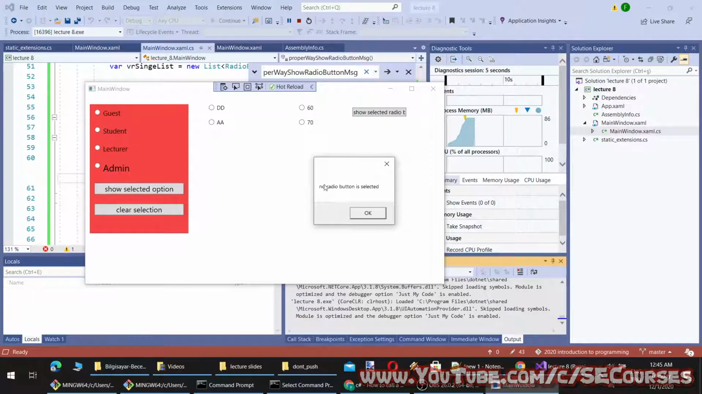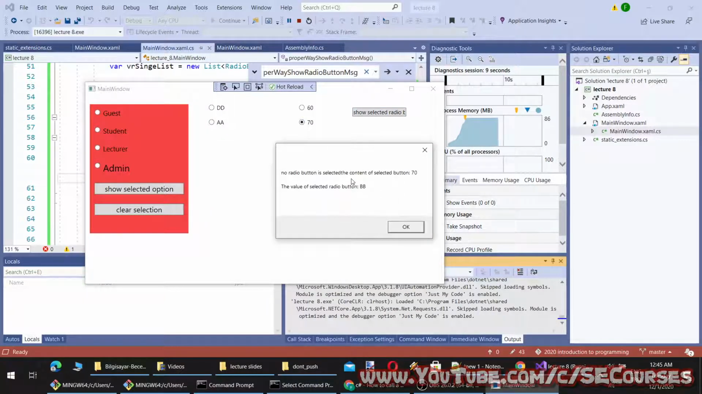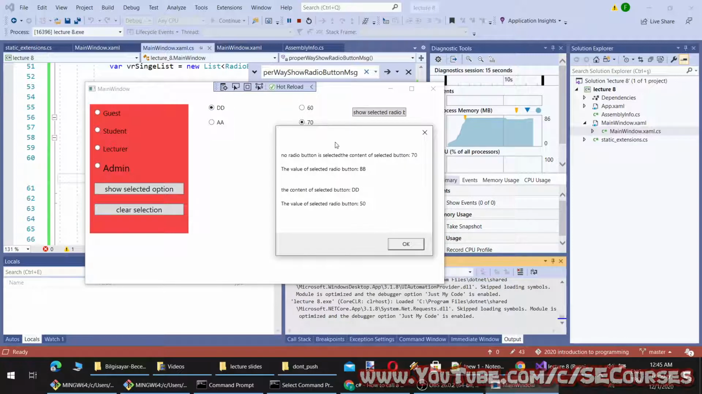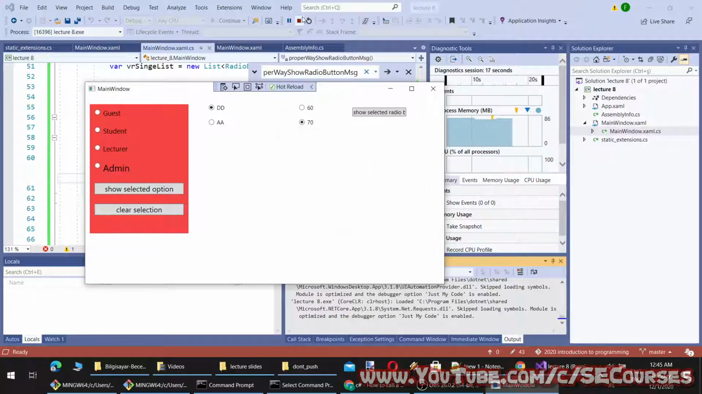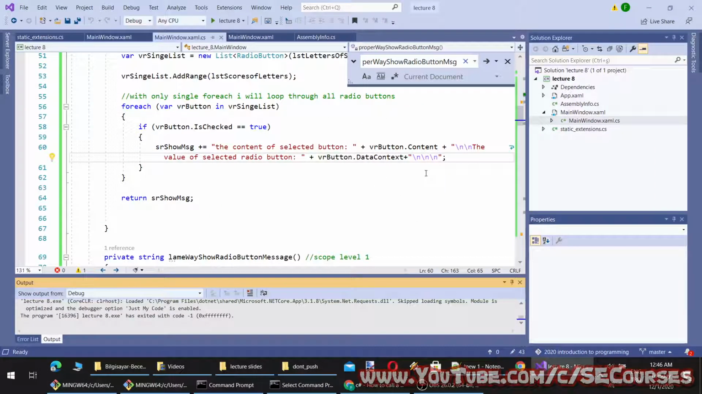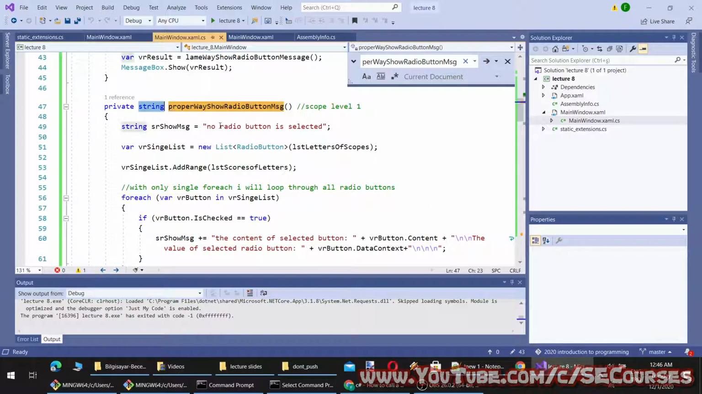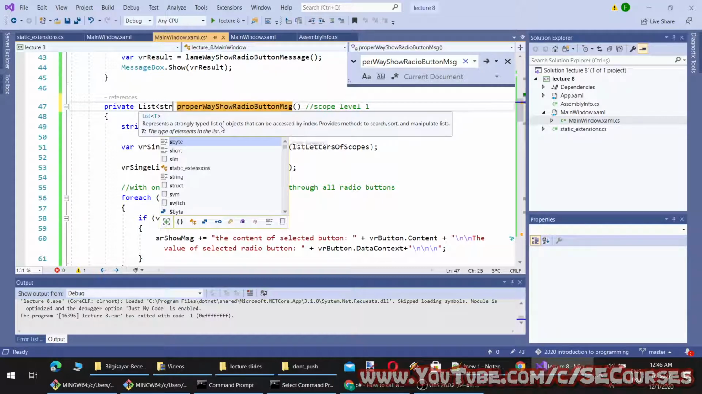Okay, I click it, it says no radio button is selected. I only select this, it says no radio button is selected. The content of the selected button is 70. When I select it like this, it shows like this. So you see, it is becoming confusing. So I am going to return a list instead of